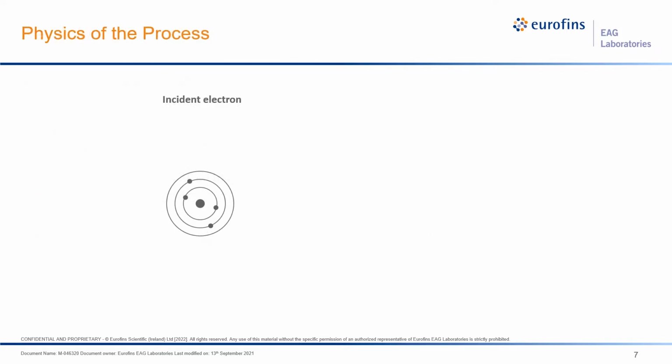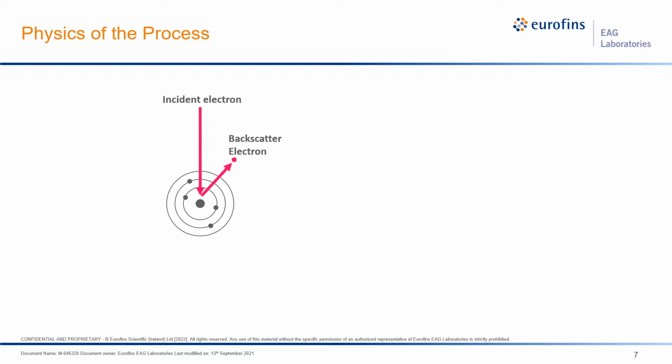So let's take a look at what happens when an electron beam interacts with a solid. Here we have depicted an isolated atom that's about to be bombarded by incident electrons. So when electrons bombard a surface, several things can happen. One of the things that can occur is just backscatter, which is a result of a near collision of the